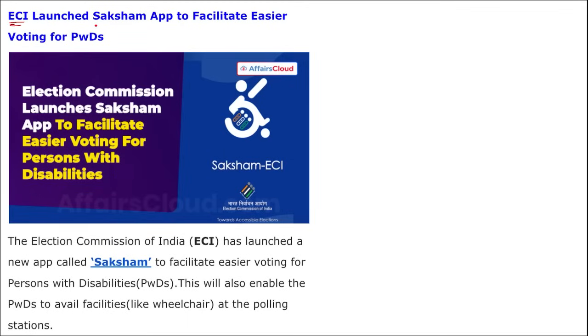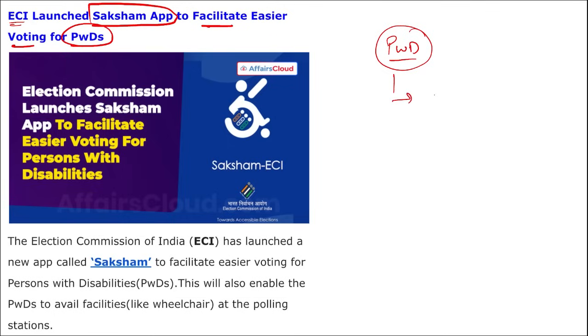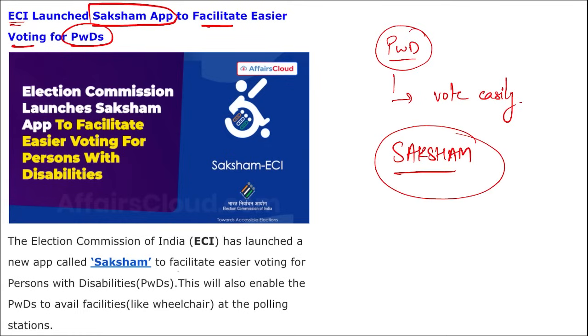Next, Election Commission of India has launched the Saksham application to facilitate easier voting for PWD, persons with disabilities, right? In order to help persons with disability so that they can vote easily, this Saksham application was launched, right? It is to facilitate easier voting for persons with disability, and this will also enable them to avail facilities like wheelchairs at polling stations, right? Not just this, remember here Saksham will offer various customized services for ease of voter identification. Then this will offer voice assistance, also text to speech for the hearing impaired, and this application Saksham is available for both iOS and Android,